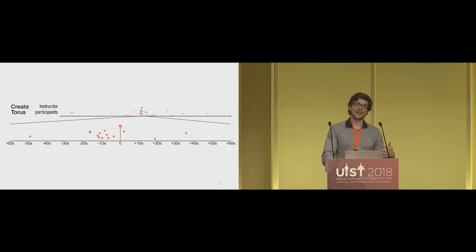And here you can see a zoom in on a specific area through the entire workshop, where you see a cluster of activation of this command. And here you can see also the instructor's command, extract demonstration, is marked by the vertical line, and all the other dots are representing the students' invocations of this command. And we saw that our heuristic did not work here because most of the students activated the command before the instructor. And we were curious why it happened.